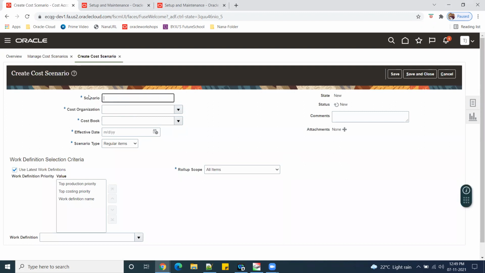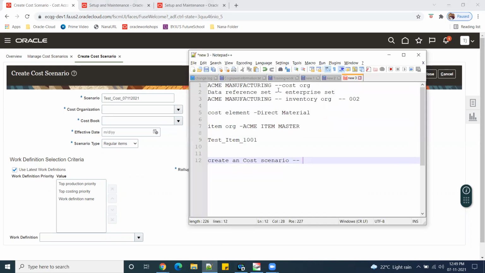We just need to give any random name, so I'm giving a date, 7/11/2021. The scenario will always be specific to the cost organization, and my cost organization is this one.